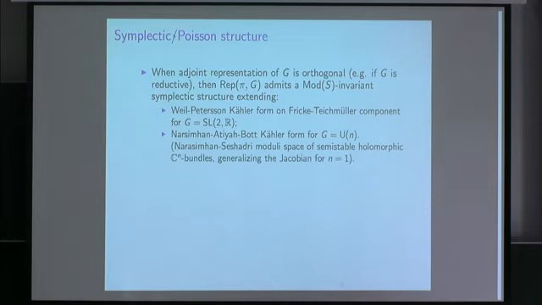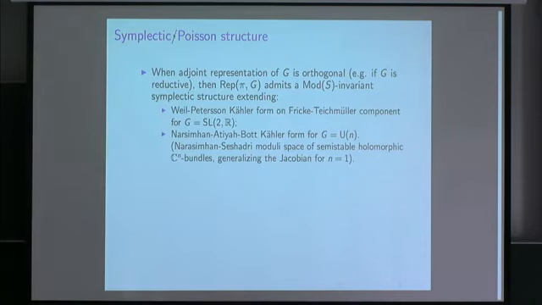When G is compact, for example the circle, in that case the space of representations is a torus with a nice symplectic structure. But when you put a complex structure on S, you make it into a Riemann surface, then this identifies with the Jacobi variety. And that's now a nice abelian variety with a Kähler structure, and that structure itself parametrizes the Riemann surface.